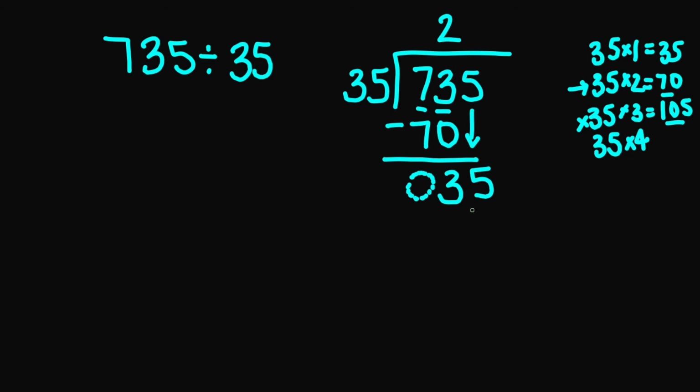So 35 goes into 35 now how many times? It goes into it 1 time. So I'm going to write a 1 up here. 35 times 1 is 35. So 35 minus 35 is 0. So your final answer, your quotient, is going to be 21. All right, let's try now